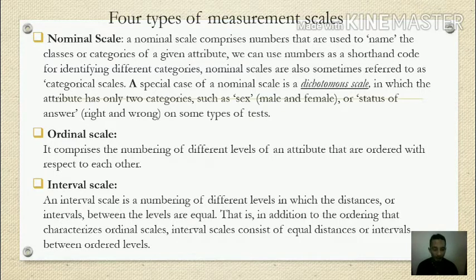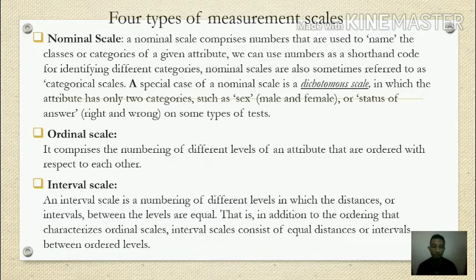Nah, yang ketiga, interval scale atau skala interval. An interval scale is a number in the different levels in which the distances or intervals between the levels are equal. That is, in addition to the ordering that characterizes ordinal scales, the interval scale consists of equal distances or intervals between ordered levels. Nah, jadi seperti kita tahu interval ini adalah jarak, selisih dan tidak begitu jauh dari angka